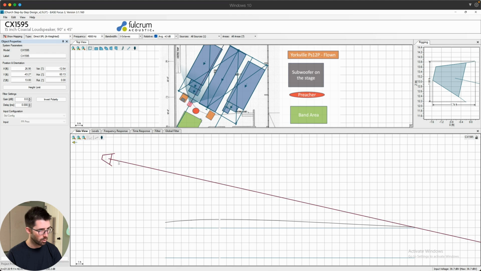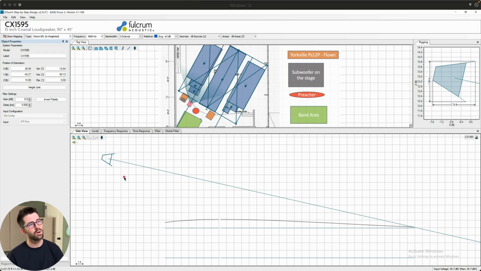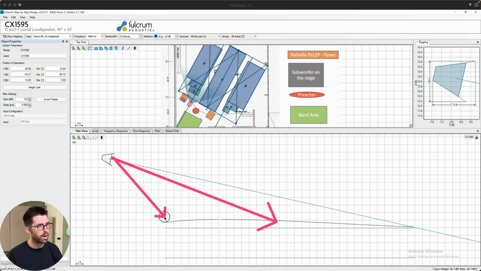Basically, we would only want it to throw twice as far as from the nearest to the farthest seat, but we can get away with going a little bit more, and we'll look at that tolerance in a little bit. So I'm not saying you need to throw a line array in every room, but ideally we would be under a 2-to-1 range ratio. We're a little bit farther here,